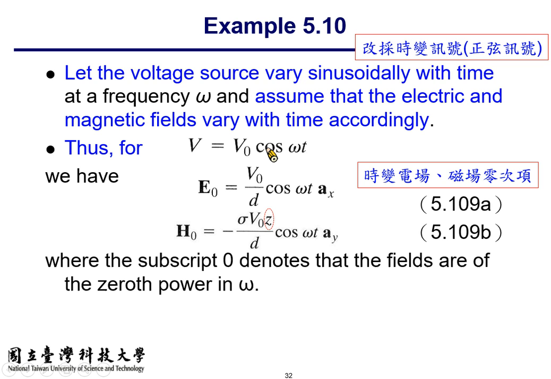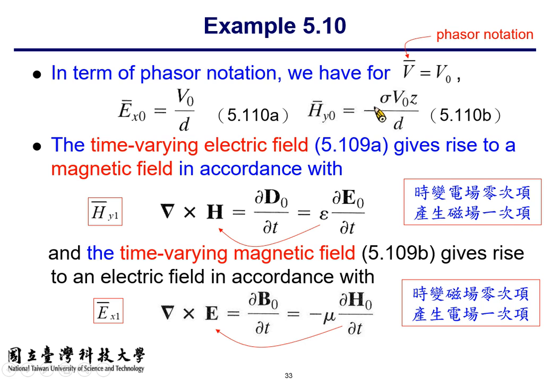So if the voltage source is changed to V sub 0 cosine omega t, then E sub 0 equals V sub 0 over d times cosine omega t in the x direction. The corresponding magnetic field becomes minus sigma V sub 0 z over d times cosine omega t, in the y direction. Okay,